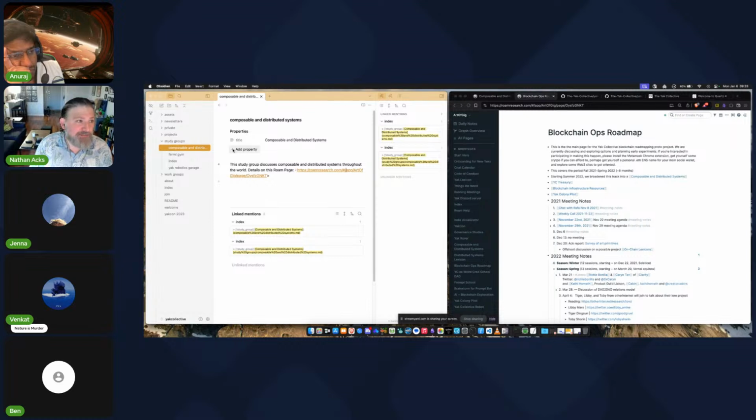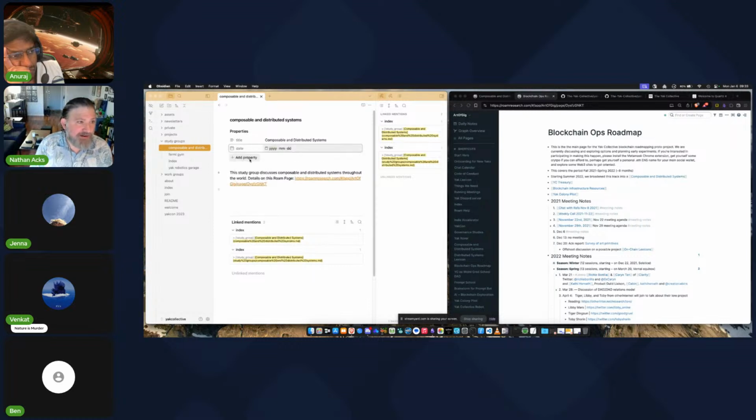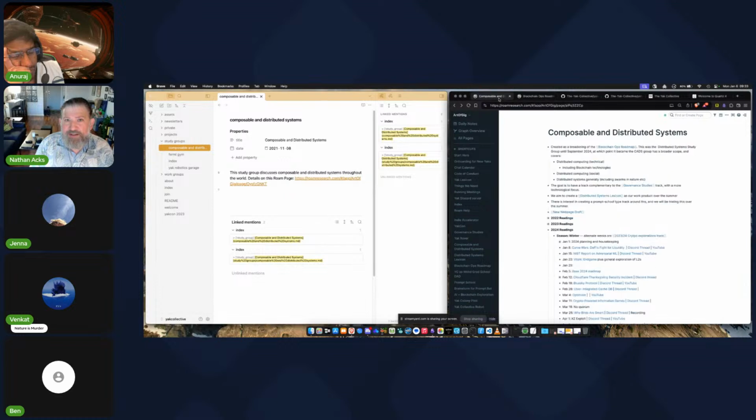So let's add that as a date here. We're going to say we started 2021-11-08. We don't really do this page anymore. This is our main page. So let's go and copy that.